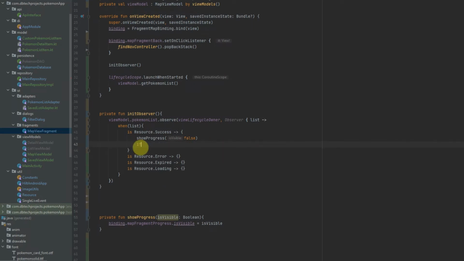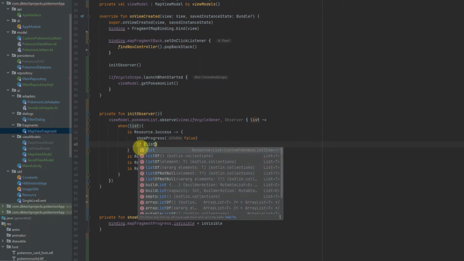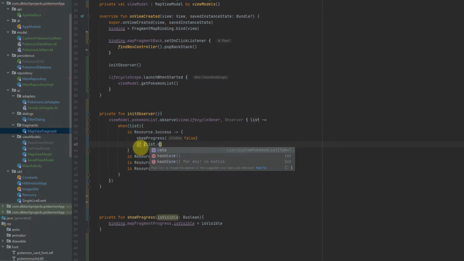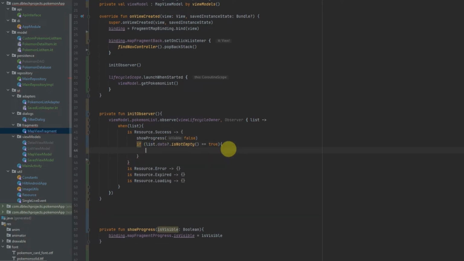So now after hiding the progress bar, we can check whether the list is empty or null. In order to do that, we can do if list.data?.isNotEmpty() == true, and just add a question mark here. So this is going to check whether it's null or whether it's not empty. And inside here, we want to loop that data, so list.data.forEach,